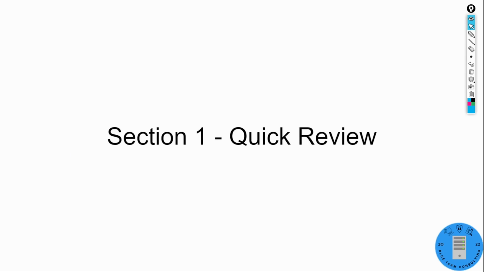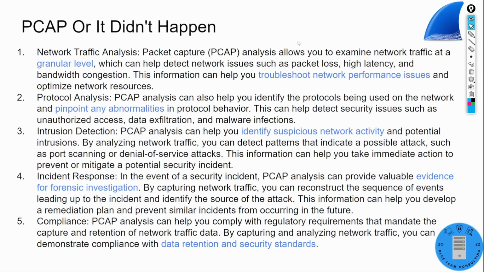All right, Section 1, a quick review. First, we're starting off with a slide covering the old saying, PCAP or it didn't happen. This module is all about protocol analysis, so of course we're going to be discussing packet captures and the tool Wireshark. So backing it up a bit, if we're doing protocol analysis at the most granular layer, PCAP is going to help us identify those protocols that are in use, and looking at the actual bits over the wire for every single packet that's traversing, that is where the proof is in the pudding. It's always going to be in PCAP, which is why we say, show me the PCAP or it didn't